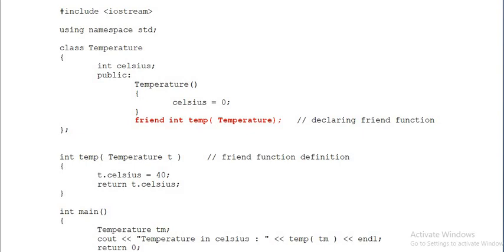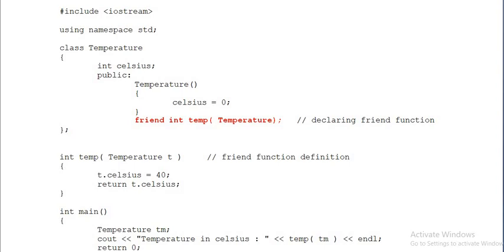Now what do you mean by it? Look at the signature, that is your declaration here. What is the name of the friend function? temp. What do you mean by int temp? It means you are going to return integer type of data. Within brackets, why the class name? Temperature is a class name. See, no confusion regarding your declarations. If I put int within brackets, it means you are going to pass integer type of data. Since the class name is specified here, you are going to take an object as an argument. A class is nothing but a data type.